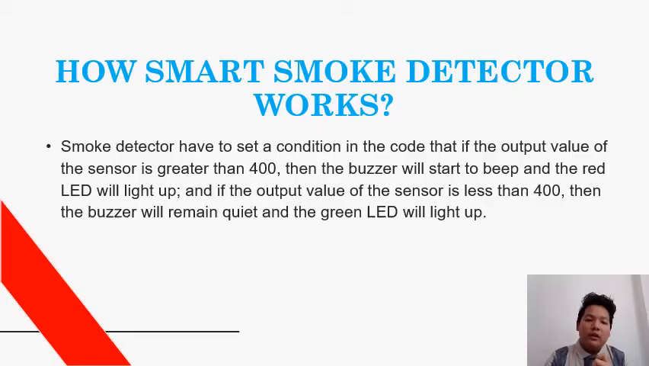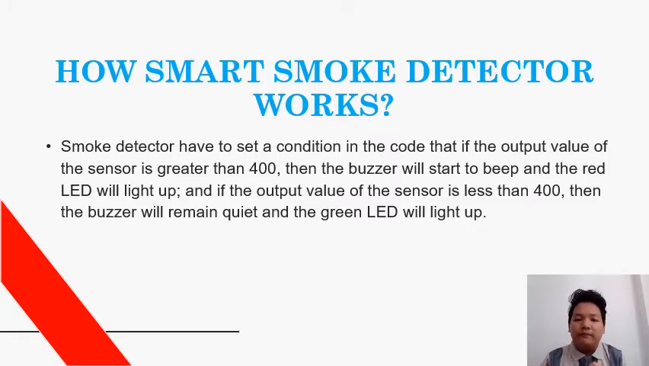And next we move on to how the smoke detector works. Okay, the MQ2 smoke sensor will give an output in the form of analog voltage. The smoke detector will set a condition in the code. If the output value of the sensor is greater than 400, then the buzzer will start to beep and the LED will light up. And if the output value of the sensor is less than 400, then the buzzer will remain quiet and the green LED